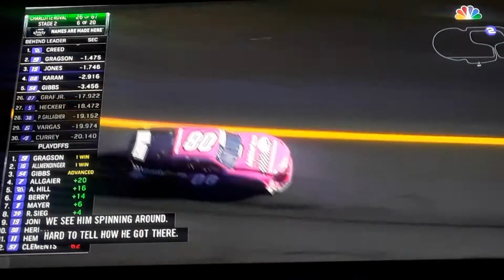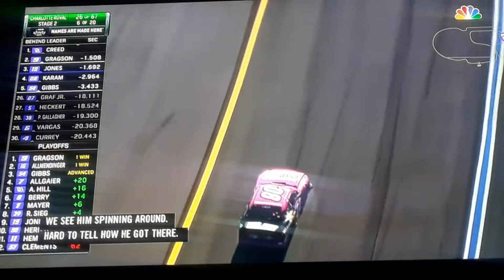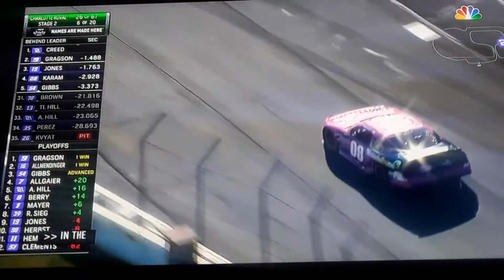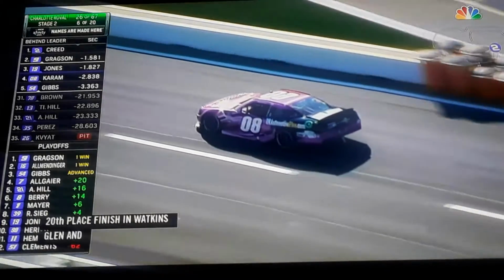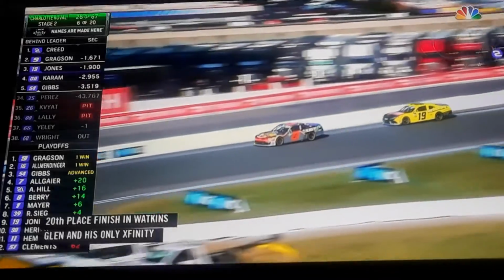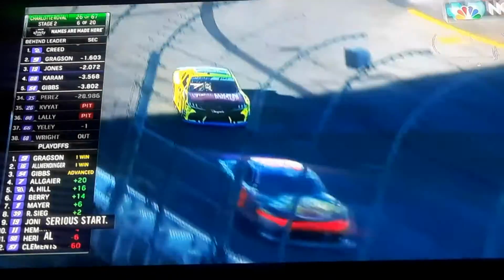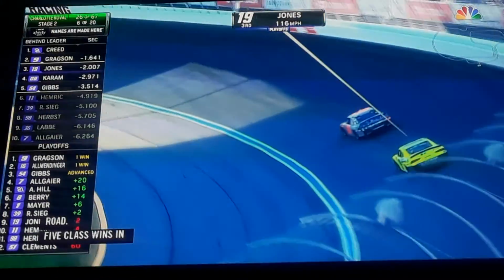Brad Perez in that 35, a 20th place finish at Watkins Glen in his only Xfinity Series start. Also a tire tech. Yeah, this is middle 8 now, kind of limping to pit road here. Andy Lally, 5 class wins in the 24 hours at Daytona. Call him a road course expert as we see Brandon Jones in the 19 closing the gap on the 9